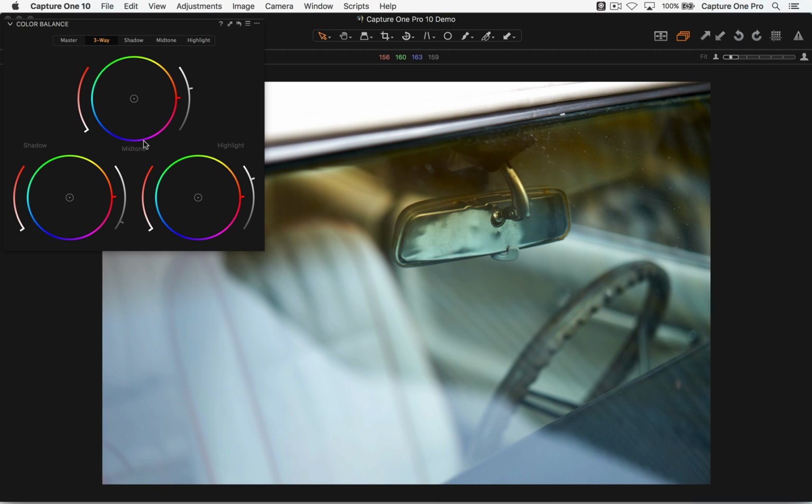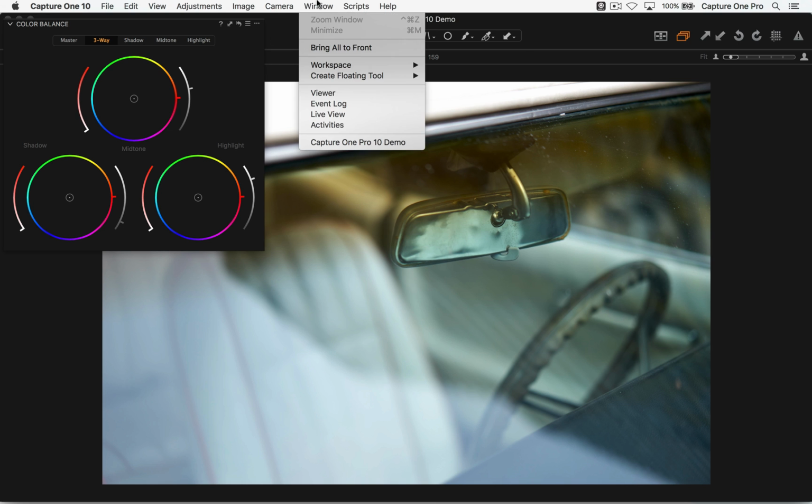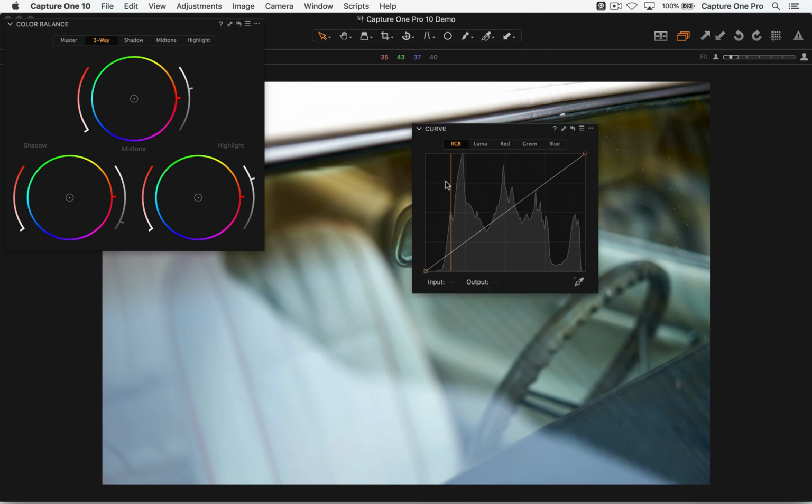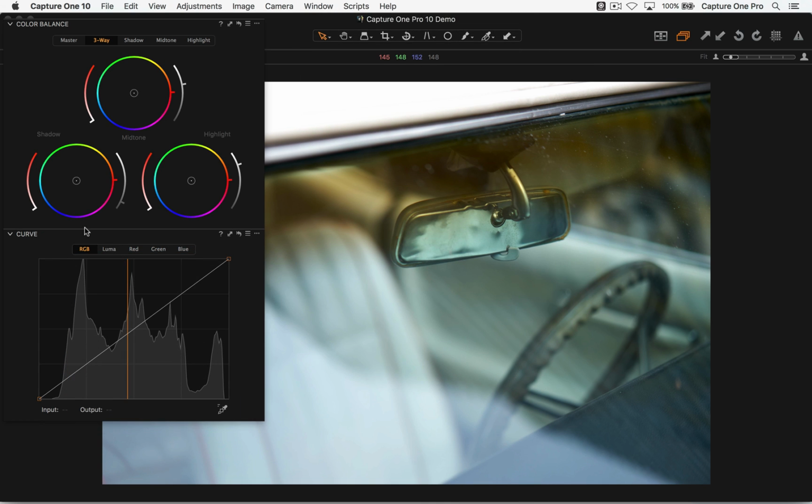While we're on the subject of levels, curves, and so on and so forth, just to point out, if we bring up a floating tool, let's just bring up a curve, because you could argue, well, what's the point of using the color balance tool? I could use the curves in their individual channels, which you certainly could, but the main difference between using a curve and using the color balance tool is that if I manipulate a curve within its individual channel, yes, I will influence the color, but I also cannot help to influence density to some extent as well.